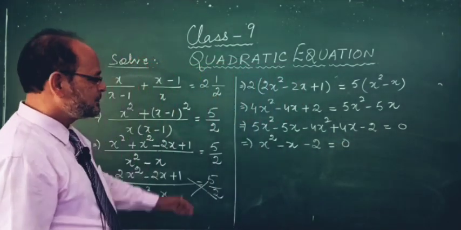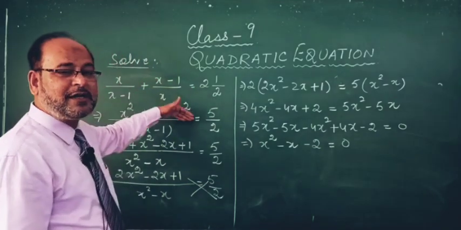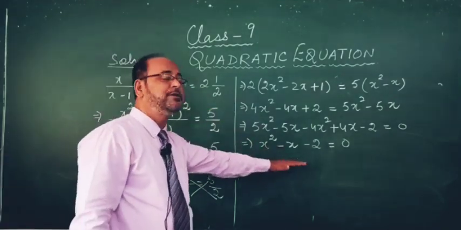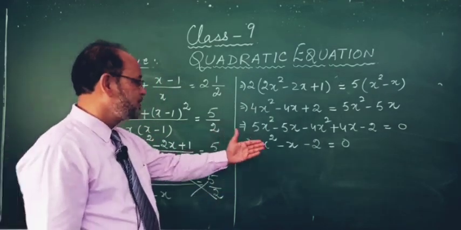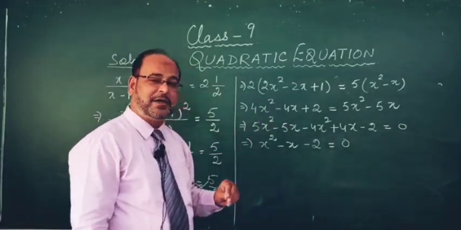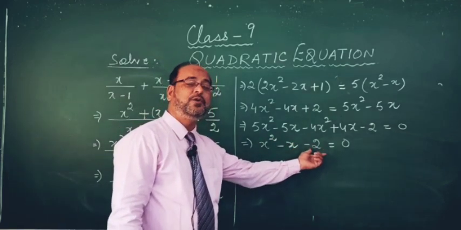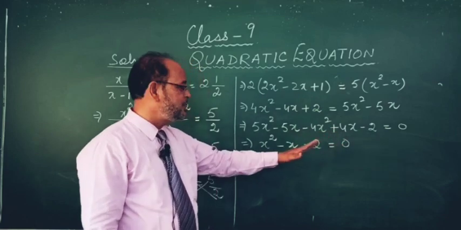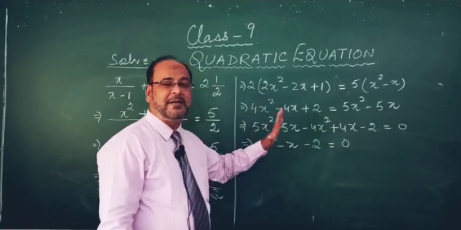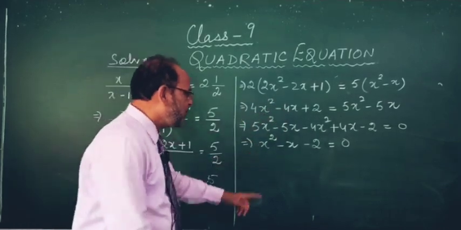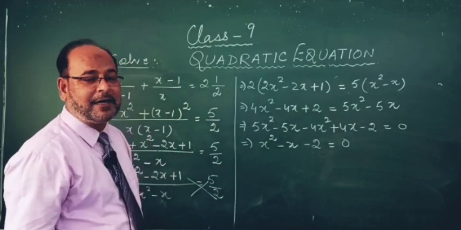You have converted your given equation, which was not in a standard form, into standard form of quadratic equation. Now what is your job here? Your job is to factorize this given quadratic equation. So what is situation here? You have to find two such numbers whose product is 2 and difference or sum is equal to 1, because nothing is given here. It means here coefficient is 1.